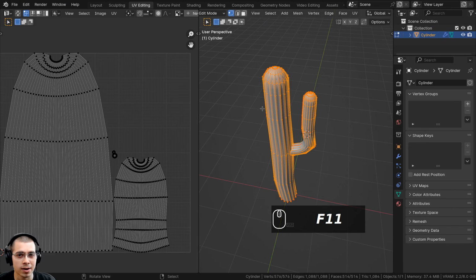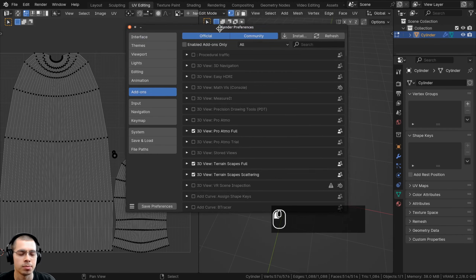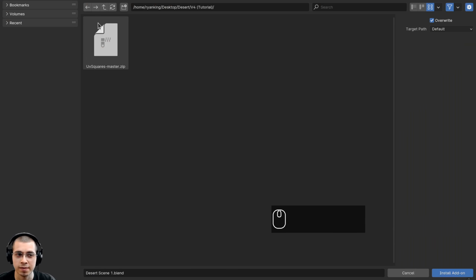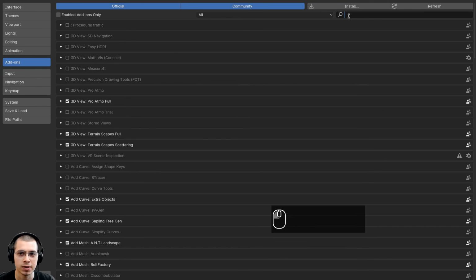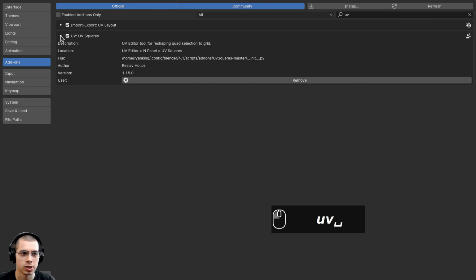Now to install the add-on, you're just going to install it like any other Blender add-on. So you'll click on edit, you'll go to the preferences, and then in Blender's user preferences here on add-ons, you're going to click on the install button. Then you'll just locate to where you saved the add-on, you'll click on the add-on, and then you're going to click on install add-on. And then if you don't see it here on the search, you just need to search for UV Squares and just check mark the UV Squares to enable it, and then you can close Blender's user